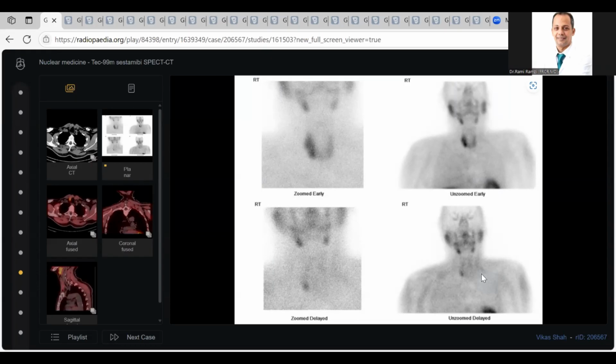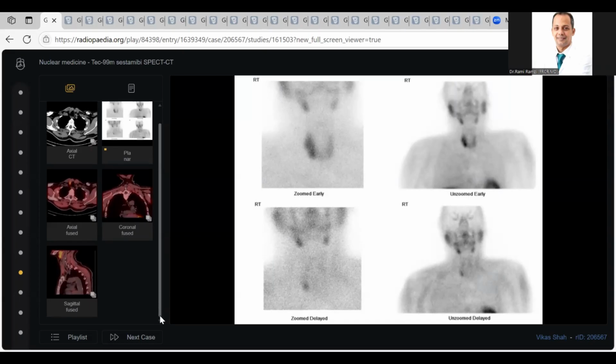This is one of the static images of the delayed sestamibi scan that reveals bilateral and almost symmetrical uptake within the parathyroid glands, more so on the right side. Similar bilateral uptake is also noted within the salivary glands. Tell me, please, your diagnosis. There is increased uptake on the right side, so right-sided parathyroid adenoma with coexistent